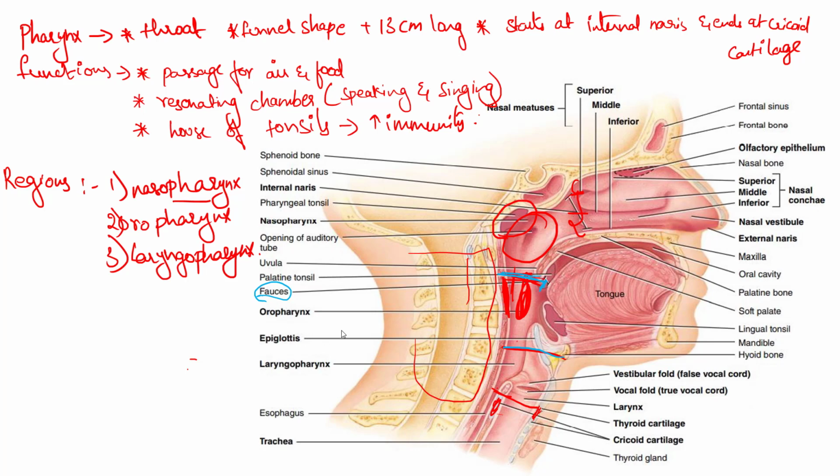So this oropharynx consists of two tonsils. Previously in nasopharynx we have only one tonsil, that is pharyngeal tonsil. Here in oropharynx we have two types of tonsils. One is palatine tonsil, which is located here near this soft palate. As it is attached to this soft palate, it is called palatine tonsil. And the next one is below this tongue, which is lingual tonsil. One is below the soft palate, so it is called palatine tonsil, and the next one is near to the tongue, that's why it is called lingual tonsil.